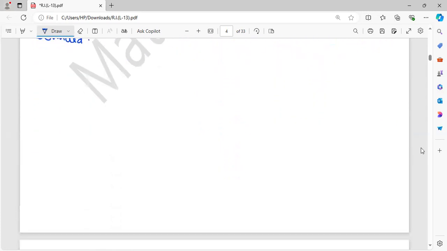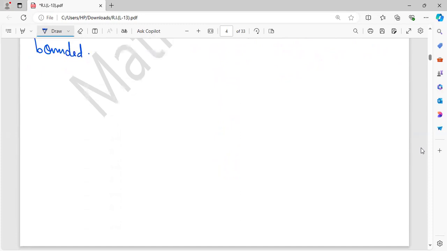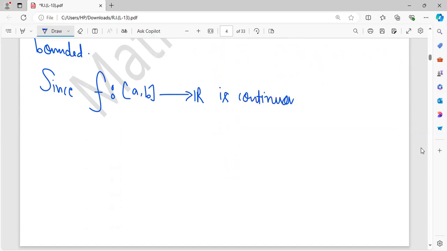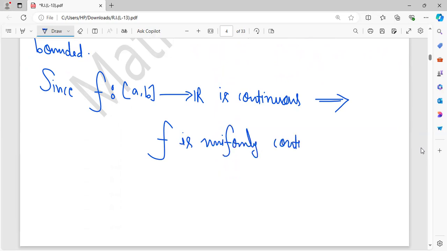Now, since F from closed interval [a,b] to R is continuous, this implies F is uniformly continuous on closed interval [a,b]. We know that every continuous function on a closed and bounded interval is uniformly continuous. So it is uniformly continuous. Okay. Now,